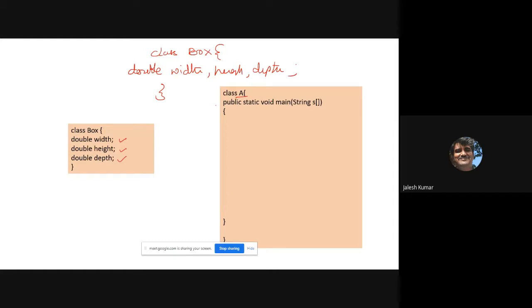Usually we used to write, is it not? Now I wanted to use this class inside this. How to do that? Because this is encapsulated, it is not possible directly to access this. For that purpose, what I will do is I'll create one object. How to create the object? See, box, the name of the class, and you give any name. I'll give ob. I'll give you a reference. Okay, just I declared one reference.